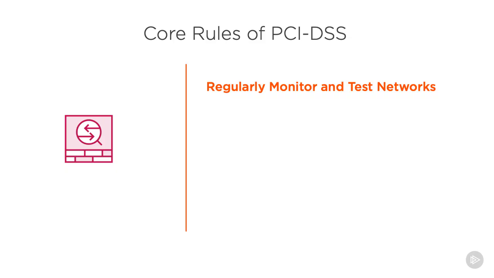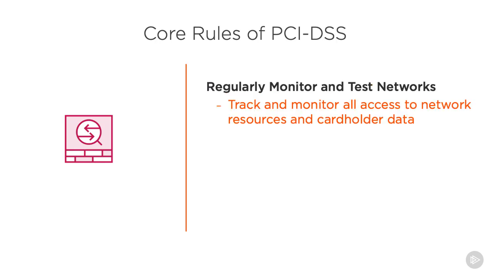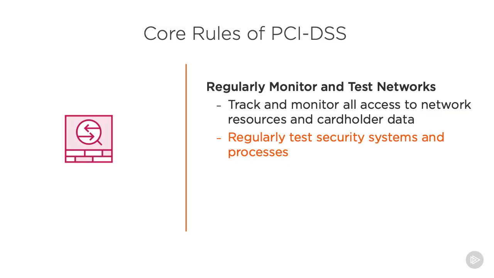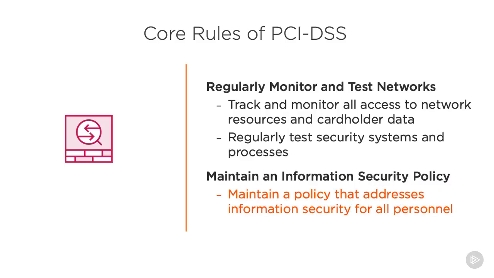We also see that we must regularly monitor and test networks. We have a schedule that requires us to do things like vulnerability assessment, for example, and we track and monitor all access to network resources and track and monitor all access to cardholder data. We regularly test our security systems and processes. And finally, the 12th of the rules under these 6 major categories is maintain an information security policy. That means we have a policy that addresses what is information security, and that policy should be then communicated to